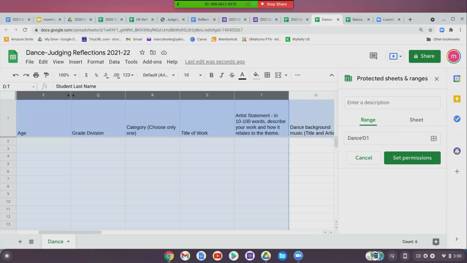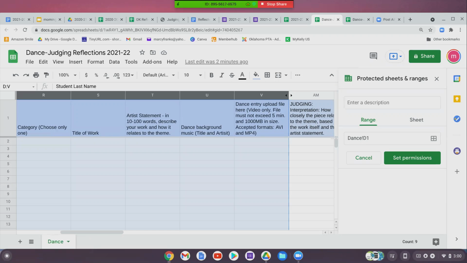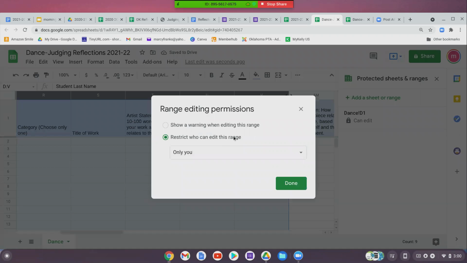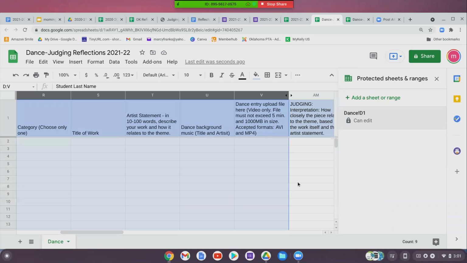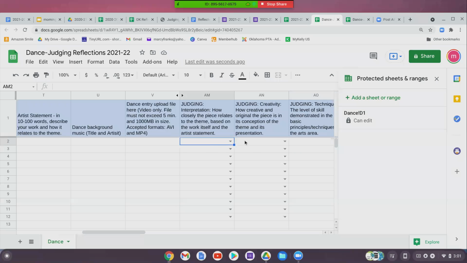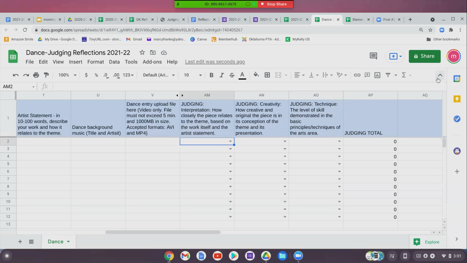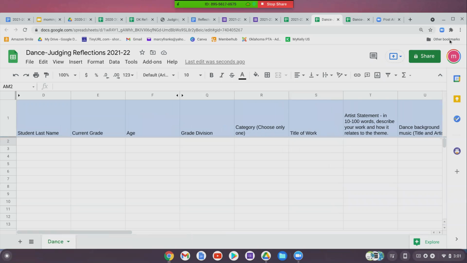And we're going to shift over all the way up to the judging. Do not highlight the judging columns. Click set permissions, restrict who can edit this range, and make sure it says only you. So it is locked down. The judges cannot accidentally delete or move things around, but they can still get in here to their judging columns and add. Exit out of that. Okay, so now you can click the share button